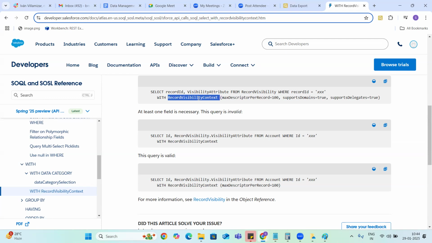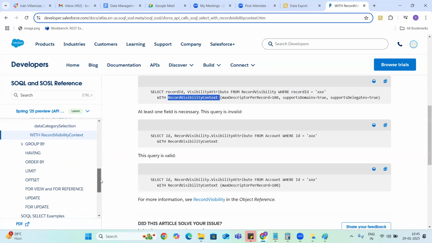If it's visible, it will bring the value from that particular field. If it's not visible, then it will not bring the value. But this is something you just need to have an idea about. No interview questions on this, guys. I haven't seen anything on this.